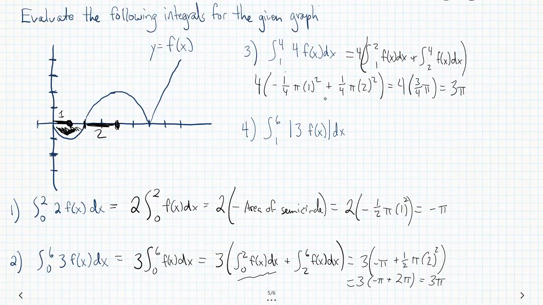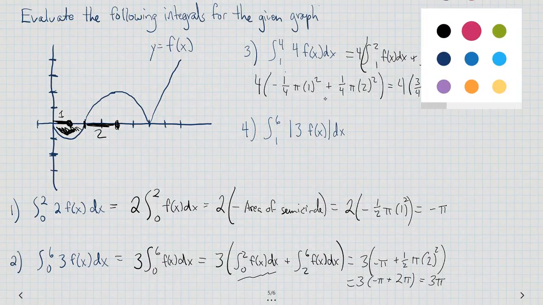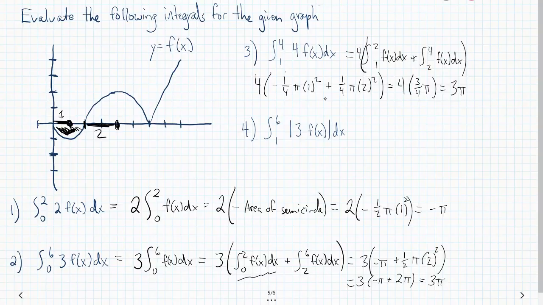Okay, last but not least, this is the fun one. So what the heck happens with this absolute value? Here's the absolute value graph, drawn in pink. Everything you see in pink is the absolute value. What did we just do? We turned everything that was negative to positive, and then we drew the graph. So really what this thing becomes